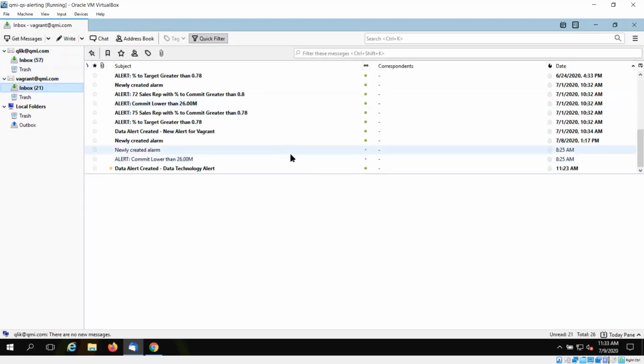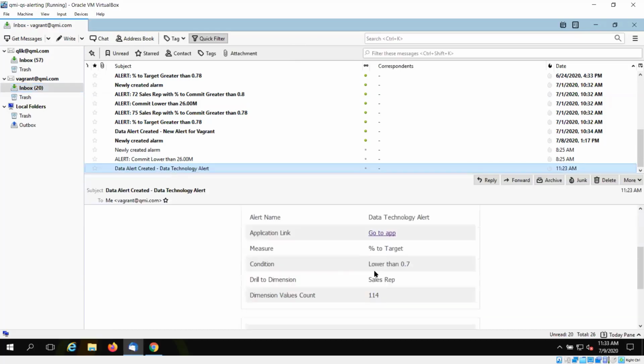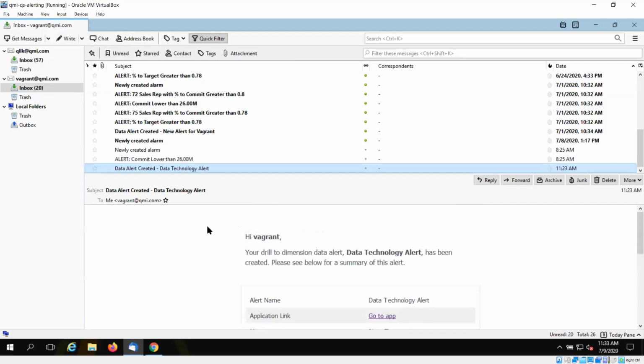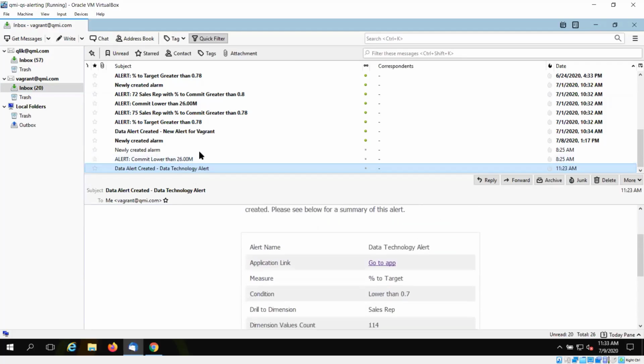Let's go to the inbox. In fact, as the user Vagrant, just while we're waiting for the alerts to trigger, you can see this, and it did tell me it would be emailed, but you can see that is effectively what I've created. So I created that application, so you can see that there. I'll just run get messages again. If I get messages for Qlik,